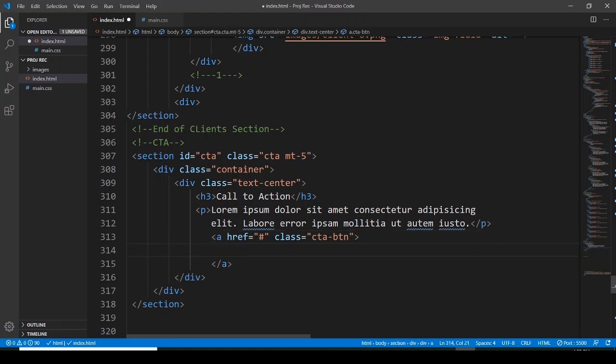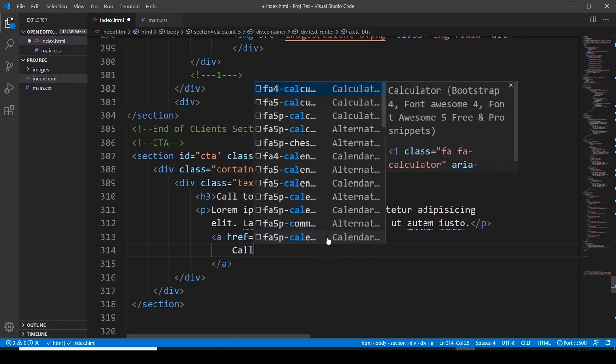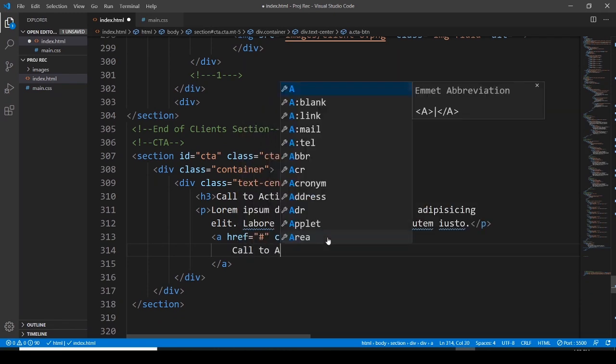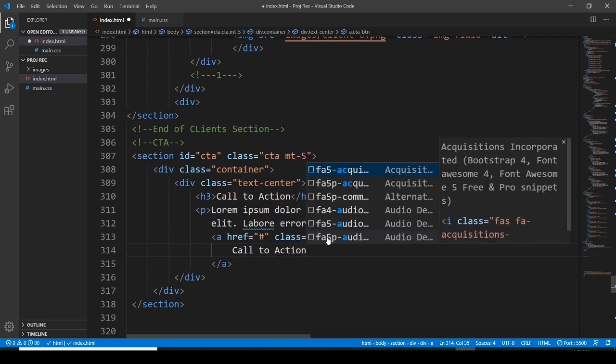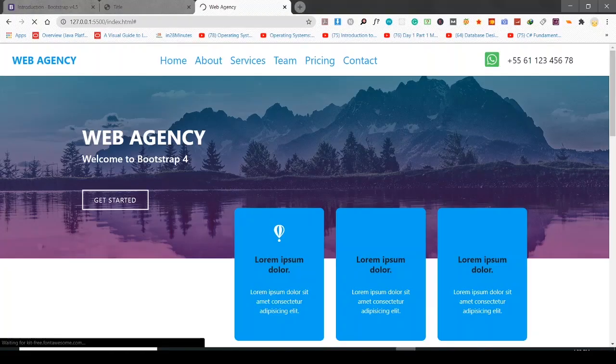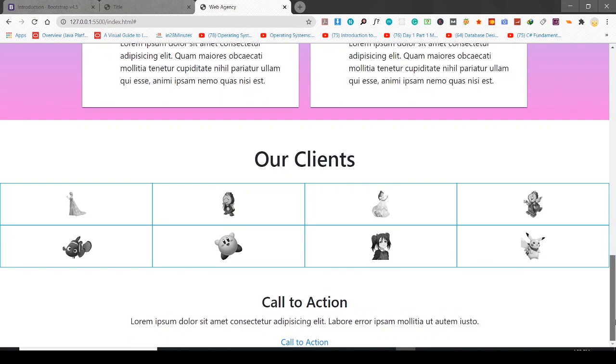And here, let's say the button name is going to be call to action. Let's save it and let's see what's going on in the browser. So here we have the call to action title, the subtitle or the paragraph, and this link. Now we have to